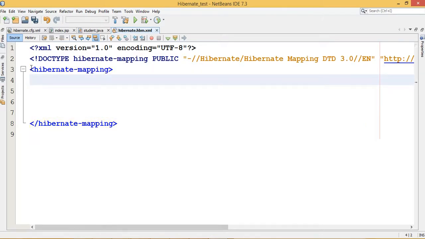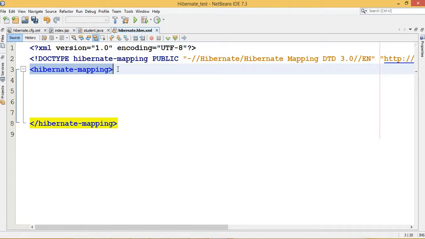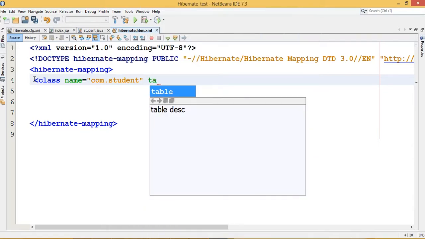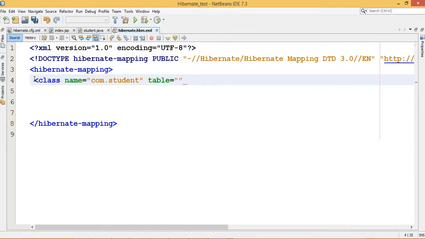The root XML file tag is hibernate-mapping. Now we need to work with the class tag. What is our class name? com.Student. Which table do we want to create? You write table equals testing, the table I want to create.